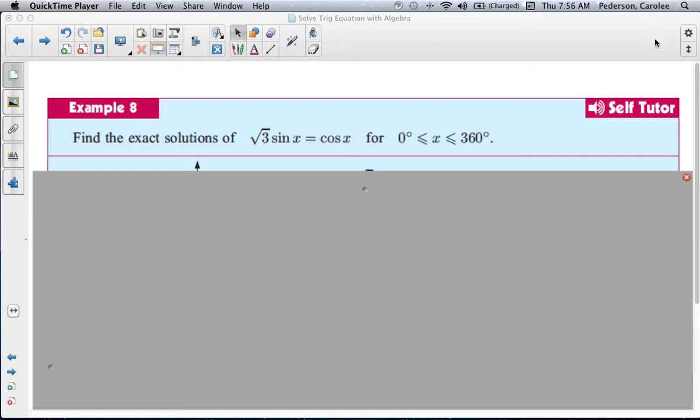Here's an example to solve this trig equation. We want to find the exact solutions for the square root of 3 times the sine of x equaling the cosine of x for 0 to 360 degrees, the domain of the first revolution. I do think the textbook does a great job in showing its work on this problem. So the first step